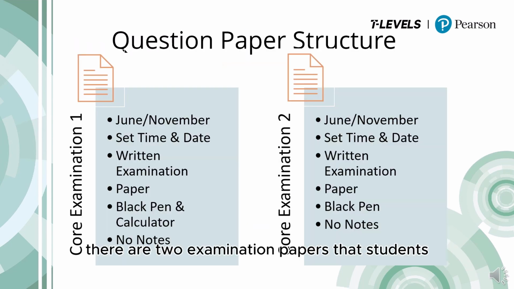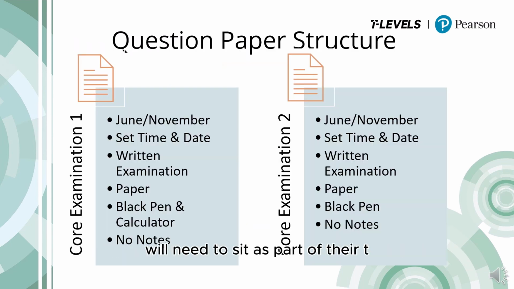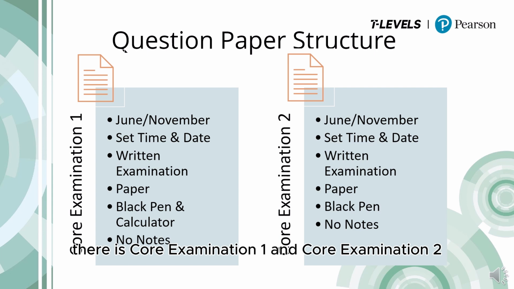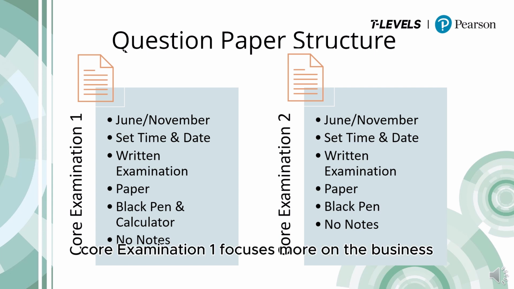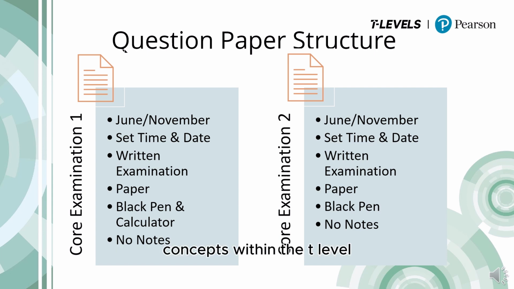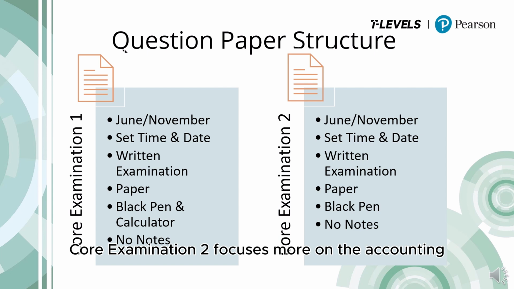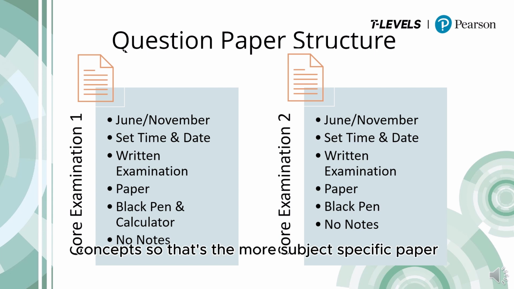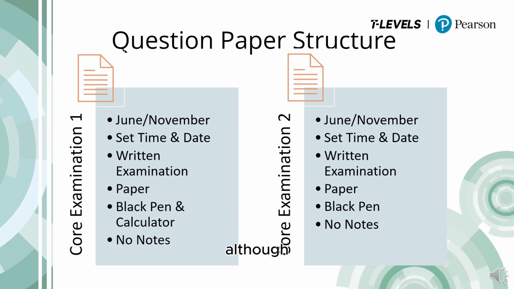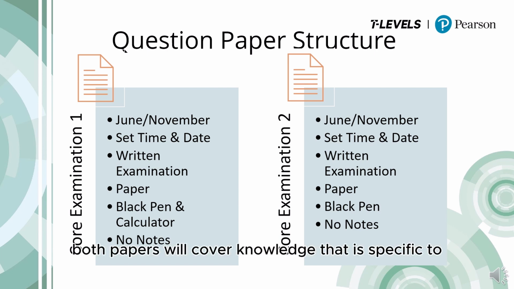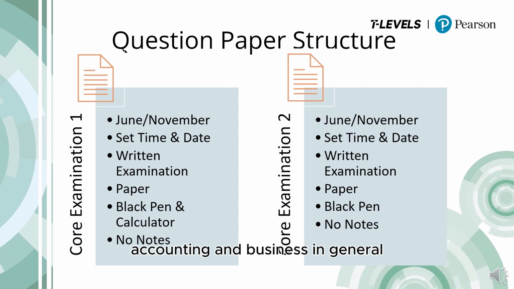There are two examination papers that students will need to sit as part of their T-level qualification in accounting. There is Core Examination 1 and Core Examination 2. Core Examination 1 focuses more on the business concepts within the T-level, whereas Core Examination 2 focuses more on the accounting concepts. So that's the more subject-specific paper, although both papers will cover knowledge that is specific to accounting and